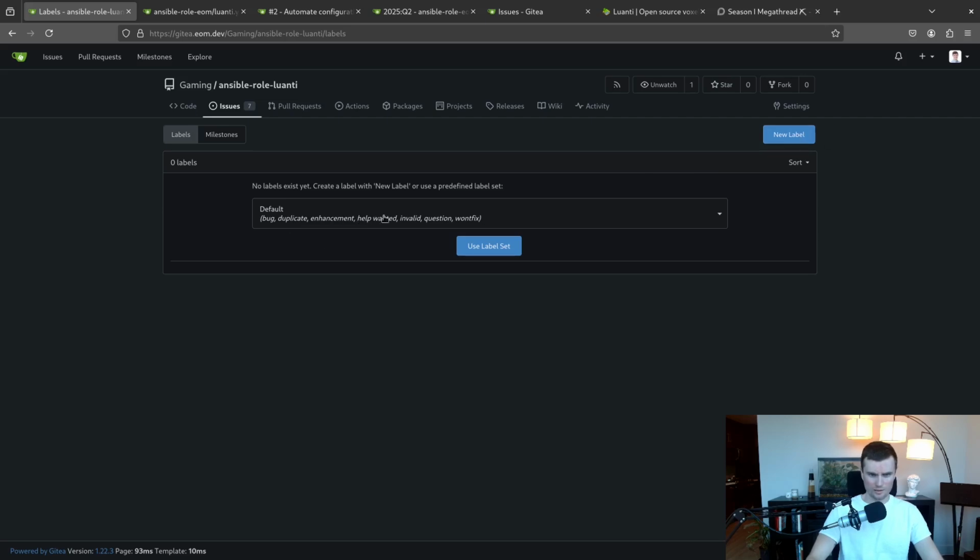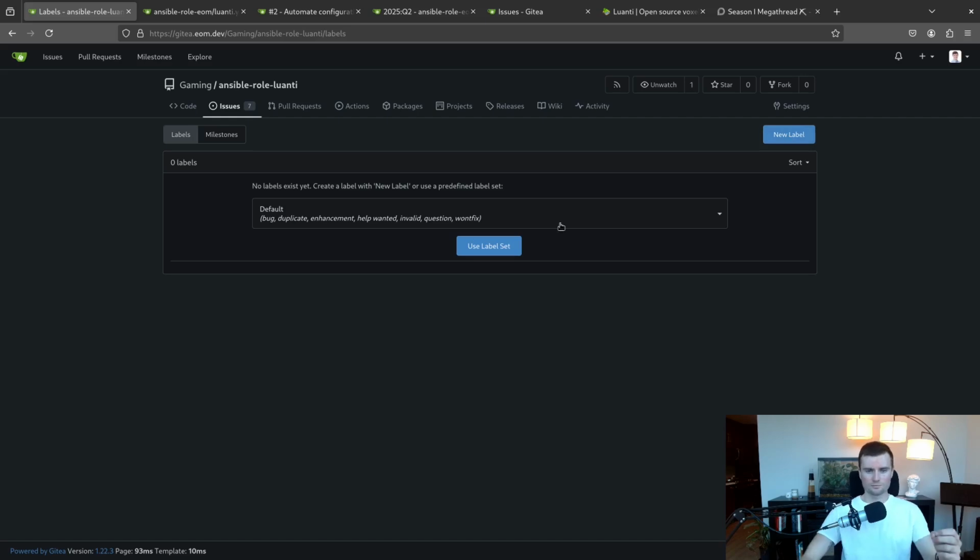Bug, duplicate, enhancement, help wanted, invalid, question. Okay, so here's the thing. I was thinking about coming over here to create a label that was specifically mod requests. When users or members of the server, players, are requesting a new mod for the server, they should use one of these labels. The most explicit possible label is going to be mod requests.